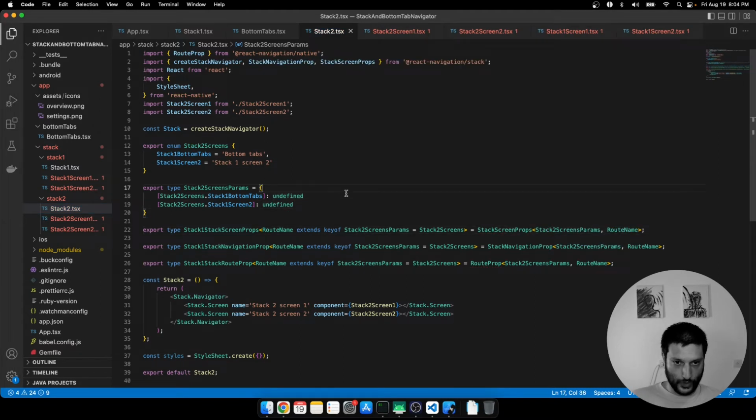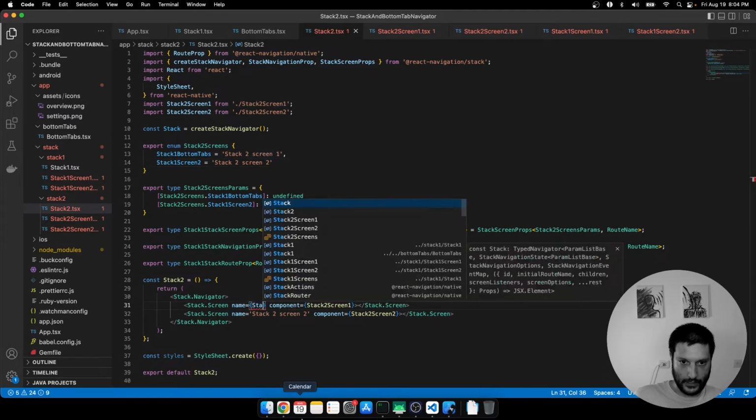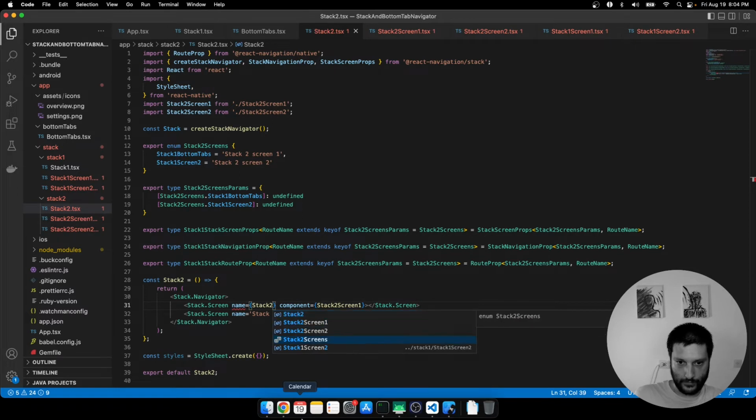Cool. So we can do the same thing, but now we need to change this. So stack 2 screen 1, and stack 2 screen 2. And the same applies. So now I can just reuse it and say stack 2 screens dot